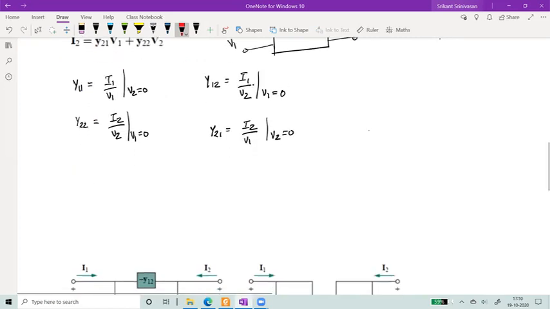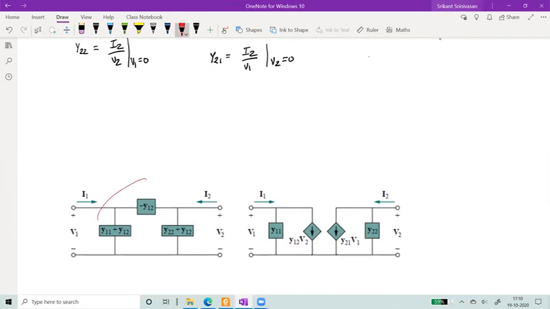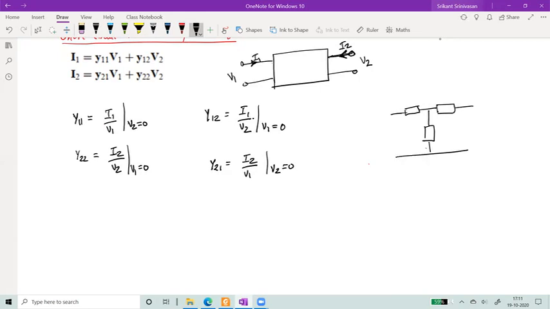So let's take some example, the easiest way. And here are some representations. This is called the pi network equivalent. And we can even do it without looking at this figure here. So let's say that I want to create a pi network equivalent. Normally in electrical engineering, there is always a duality theorem which allows you to express elements by their duals. For example, if this is a T network of resistors, you can always convert this into a pi network of admittances.